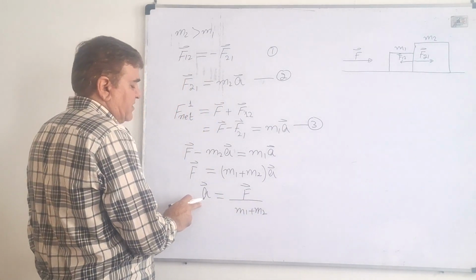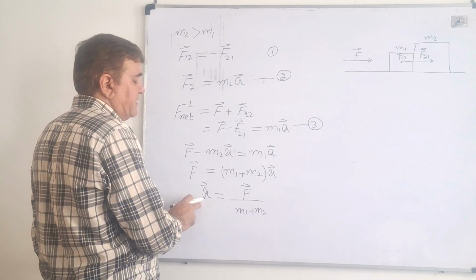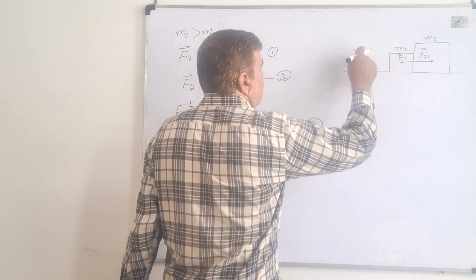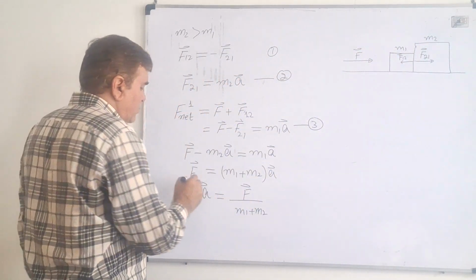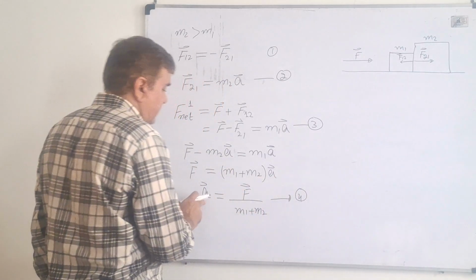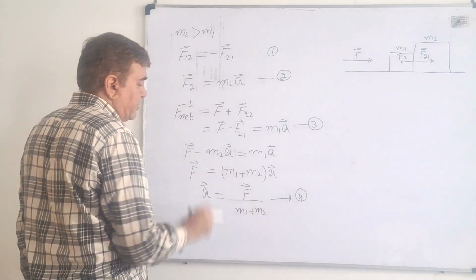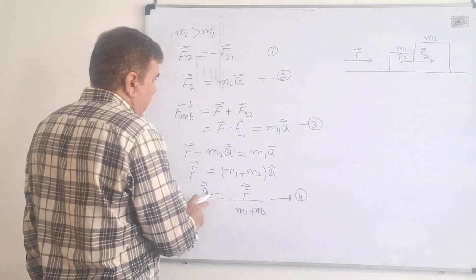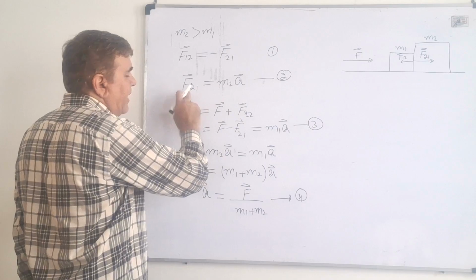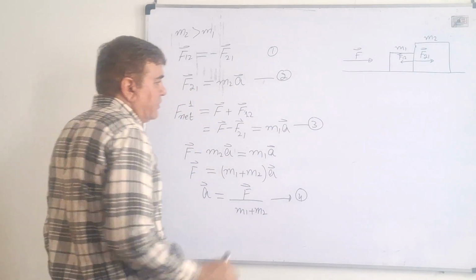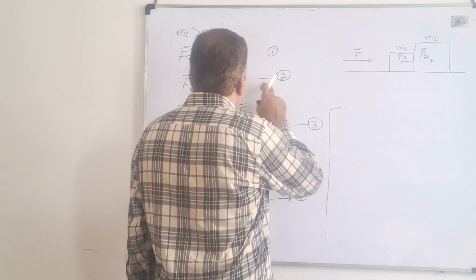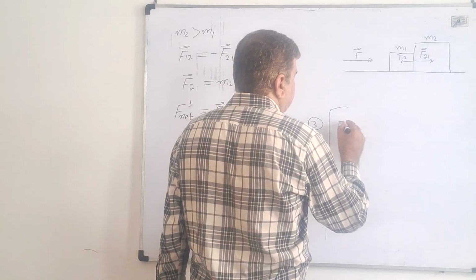That is, we have expressed the acceleration of the system in terms of the three known quantities, m1, m2, and F. So this is one of the required relations, that is the acceleration in terms of the three known quantities. And I can use this value of acceleration in equation 2 to find F21. So F21, by putting 4 in equation 2, becomes